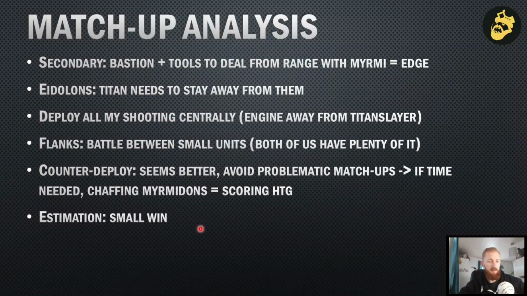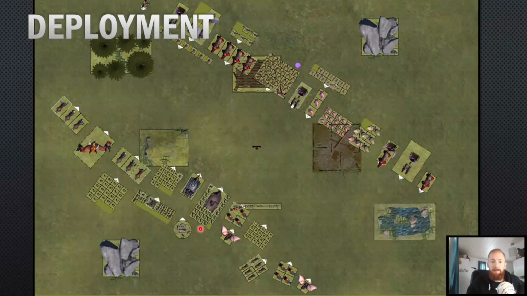And my estimation of the matchup was slightly in my favor. Deployment. So I wander off aside, picked this part of the map because of the hill and also the wall. Felt I was giving him a ruin, which is not so nice for him. And cutting the other way around would have been very annoying because it's already hard for us to fit all